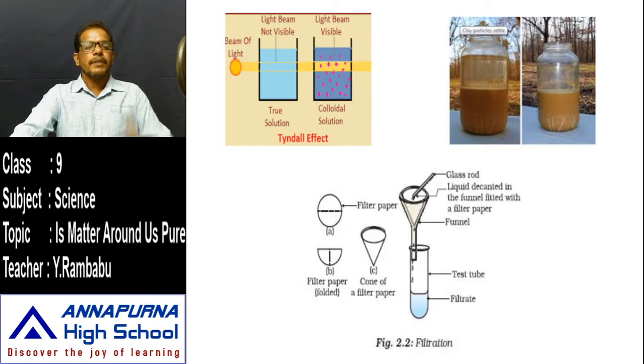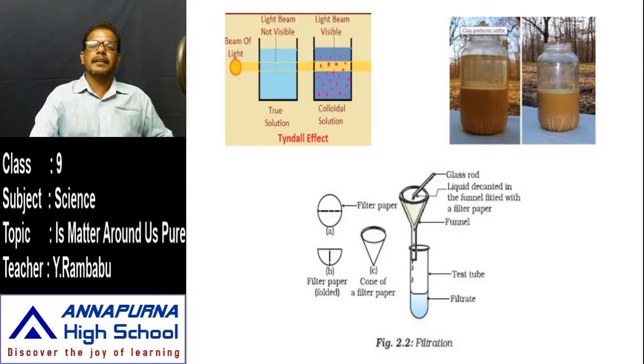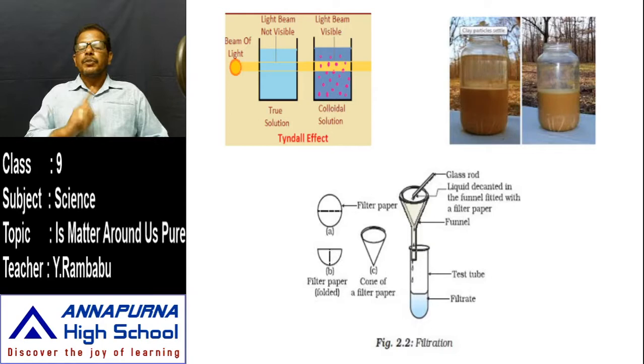In this diagram, what is given? Filtration, Tyndall effect and decantation. For example, in the right side glass, what is there? Muddy water is there. If the muddy water is left undisturbed for some time, what happens? The mud particles, sand particles and clay particles settle, and above these particles water is separated as a layer. Like that, if the particles settle, then it is which mixture? A heterogeneous mixture. That heterogeneous mixture is called a suspension.